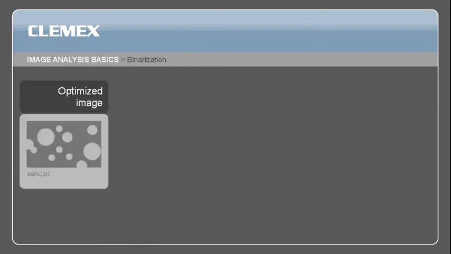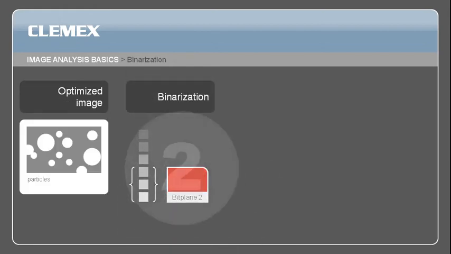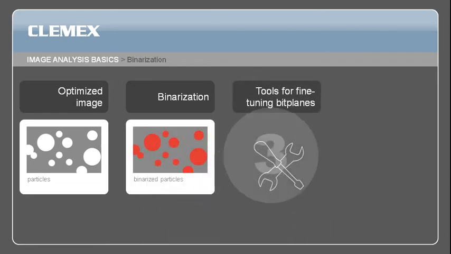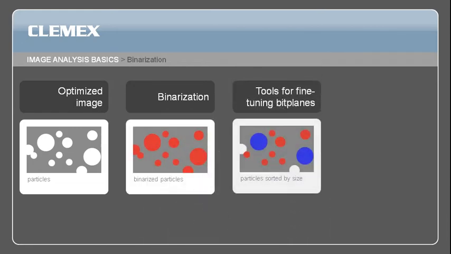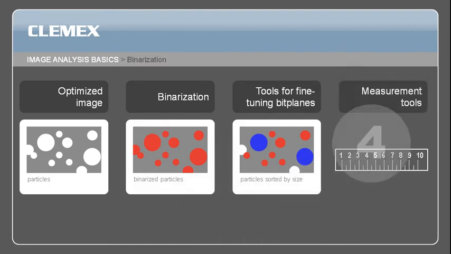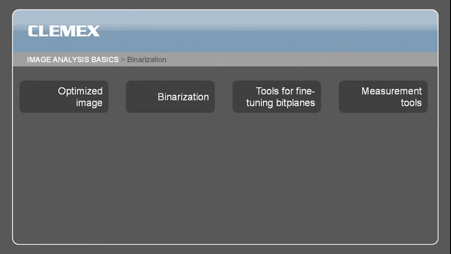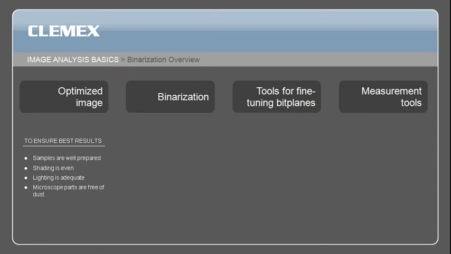Once the features in your image have been binarized using one or more colored bitplanes, you'll be working on these bitplanes, fine-tuning them to look more like the features you wish to analyze, then measuring them using various measurement tools. To ensure best results, samples are well prepared, shading is even, lighting is adequate, and microscope parts are free of